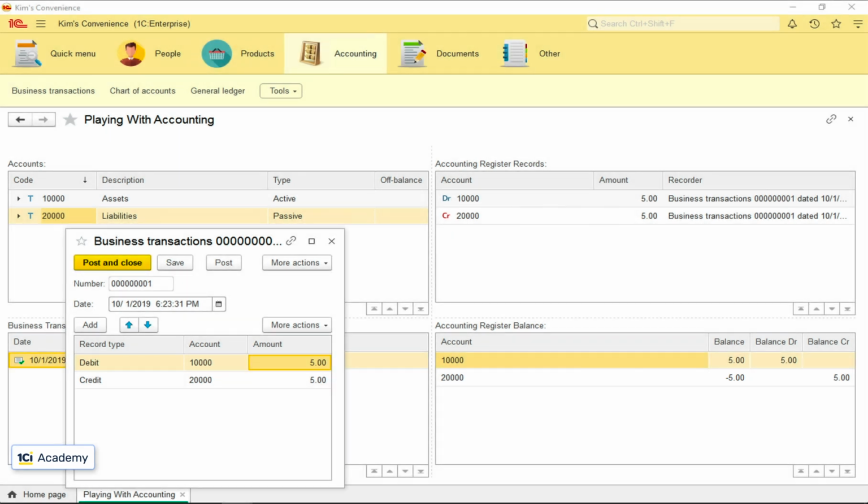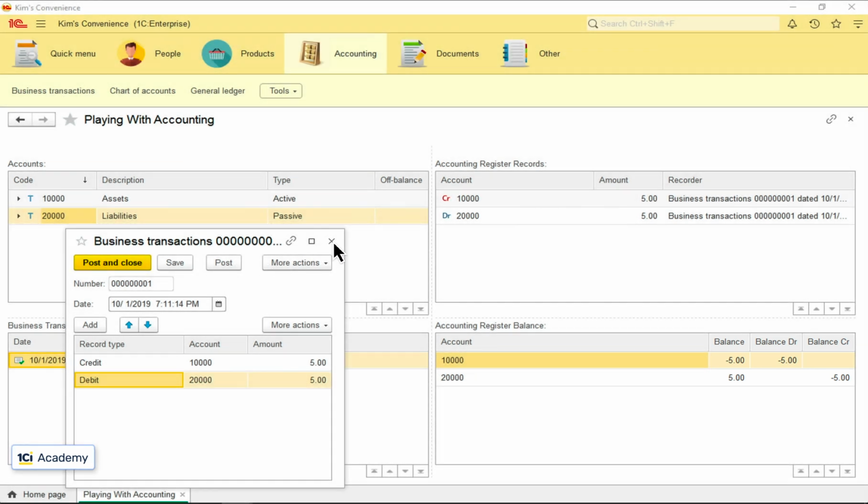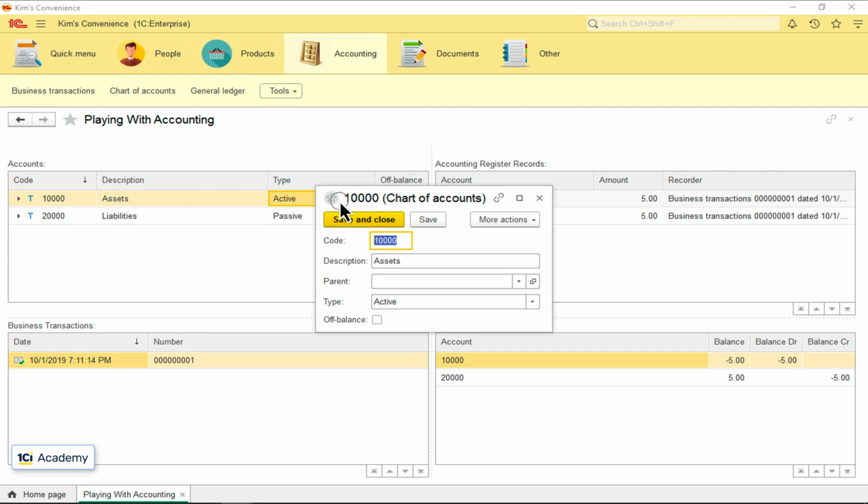What will change if balances are negative? Well, not much really. If I credit the active account and debit the passive one, like this, all balances will stay put but will change their signs. Now, let's try this. I'm changing both accounts types to active/passive.